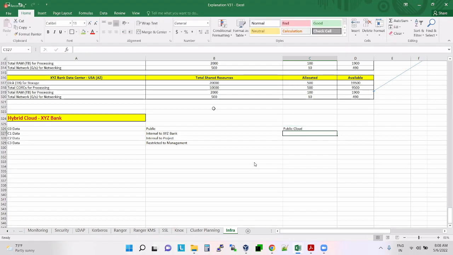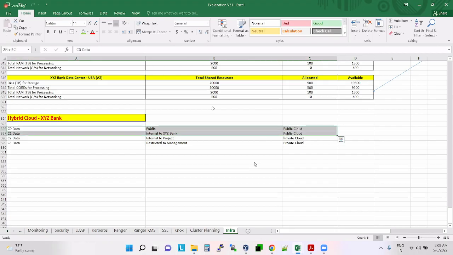C1 data also they are putting in the public cloud, but C2 data they are putting in the private cloud. So C0 and C1 they are putting in the public cloud.